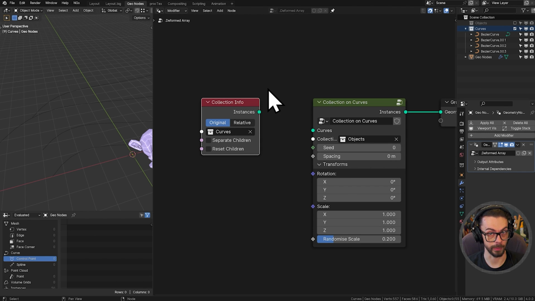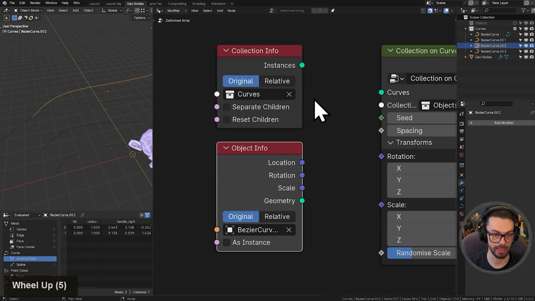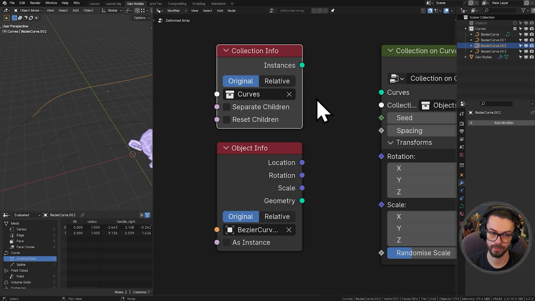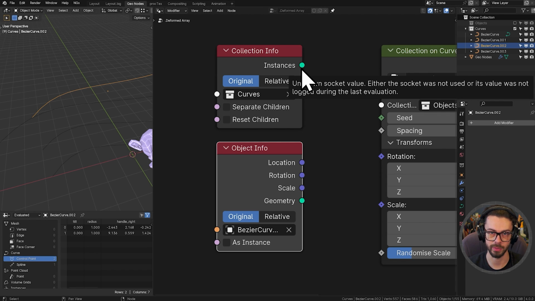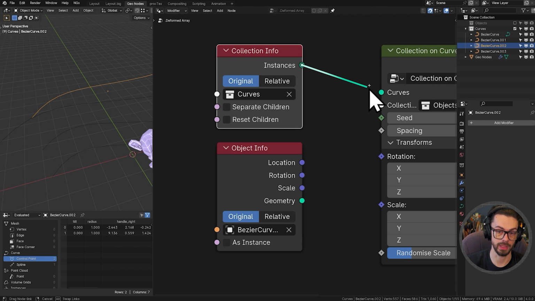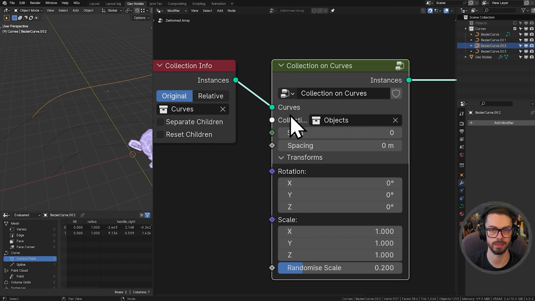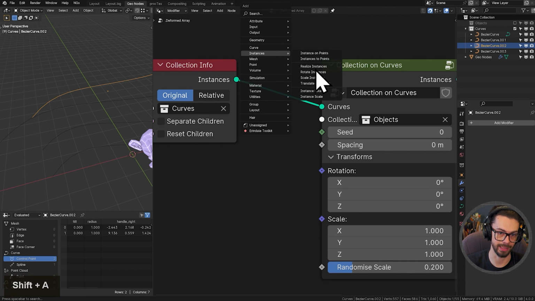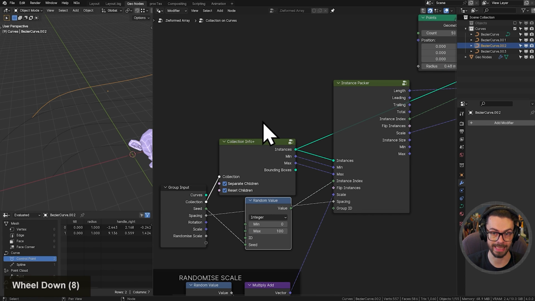But in terms of workflow, what this is actually giving us, rather than just bringing in a single curve, is a collection info node gives us instances, an object info node gives us geometry. There's certain things that you cannot do to instances. Things like geometry proximity, sampling from one to another, makes it more difficult to use instances. So by forcing ourselves to plug in instances, we're ensuring that the tool that we create is more robust, more usable, because we don't want people to have to think, oh, I now have to also add a realize instances node manually. We're going to do that for them on the inside